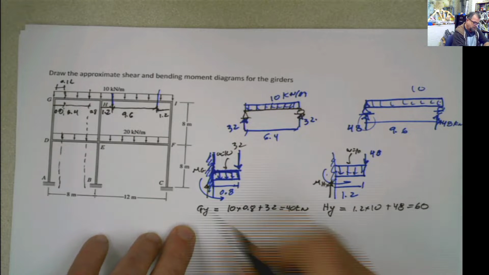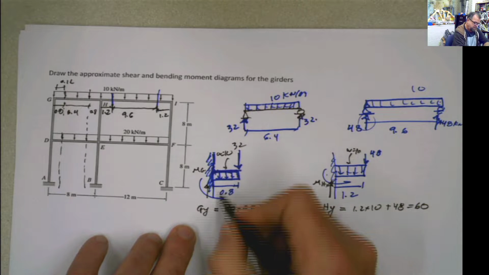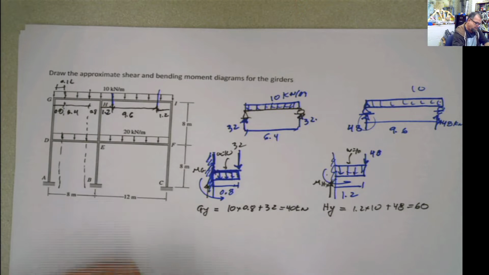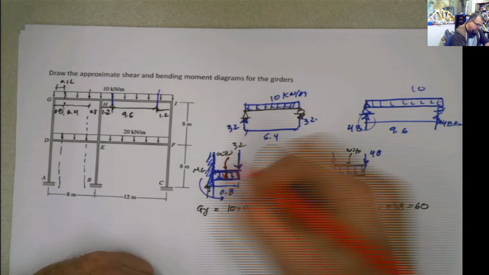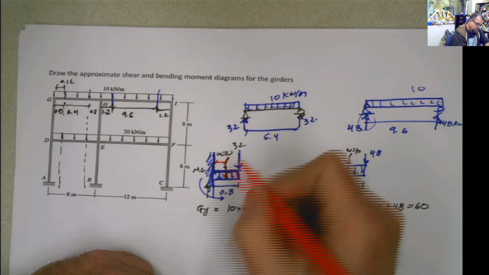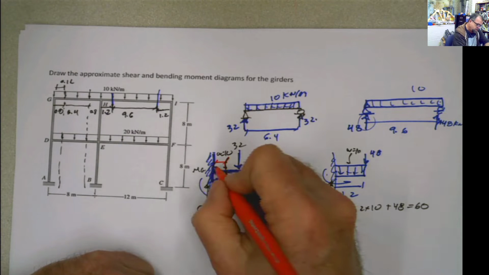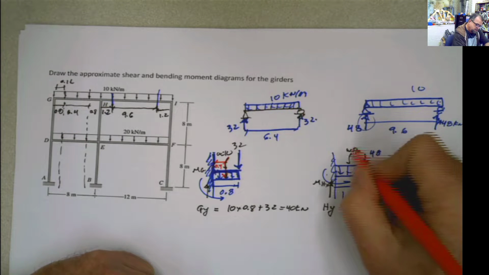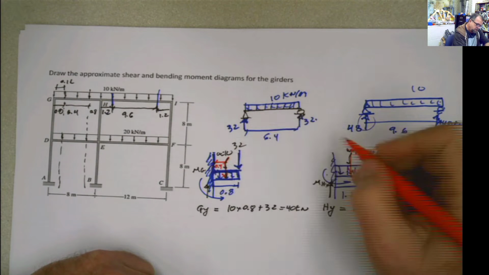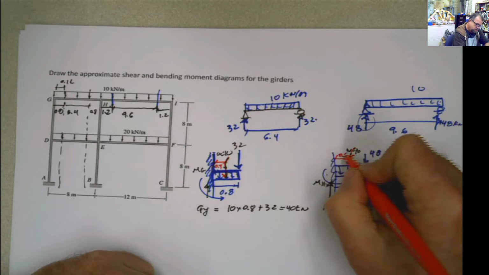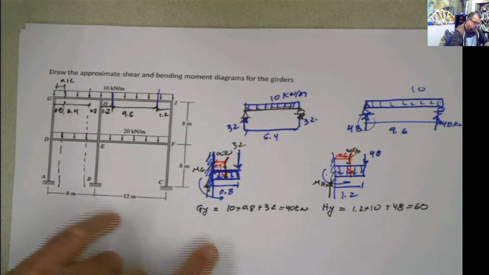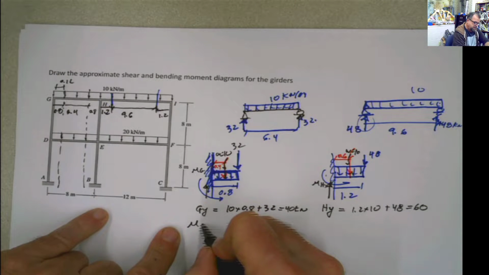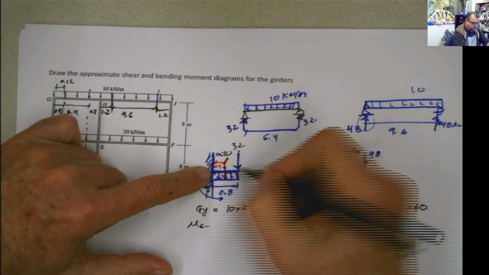Okay, good. Now I have the reactions. If I want to calculate that moment, remember this is a distributed force, producing a rectangular force. This distance will be 0.4. This is the same thing. This force here produces this, and 0.6 is the distance. So if we have to calculate the moment at G at this point, it's going to be 32 times 0.8